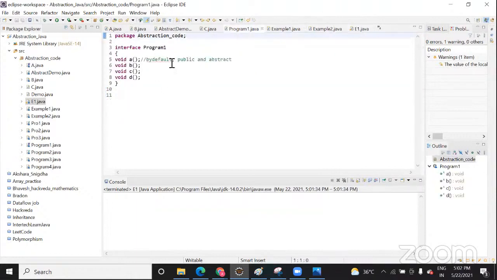So there are multiple programs that you can try here. I have given the same names this time, so it will not be a problem for you. Program 1 2 3 4 belong to one program, this belongs to one program, this will belong to one program, and this A B C belongs to one program. Abstract demo and demo belong to one program. And E1 is just to explain that we can't create an object of an abstract class. I created that separately from my side just to show you that if you declare any class as abstract and then create an object of that class, it will give an error.